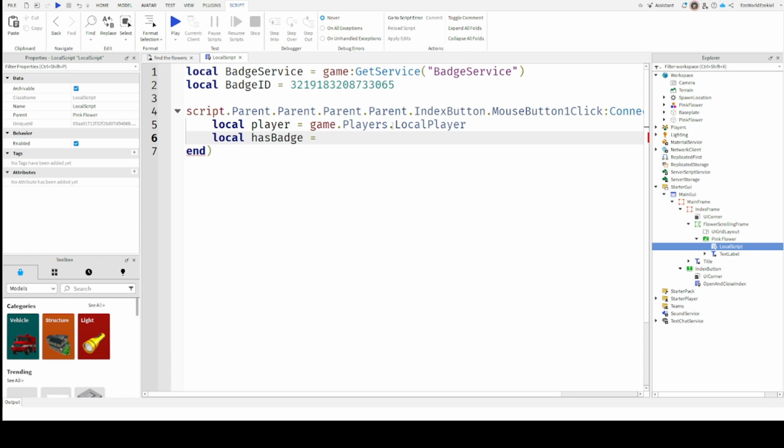badge. So equals badge service user has badge async. So it checks if the user has the badge, but who is the user that has the badge? Well, this is what we're going to find out right here. So player, which is the player, dot user ID,